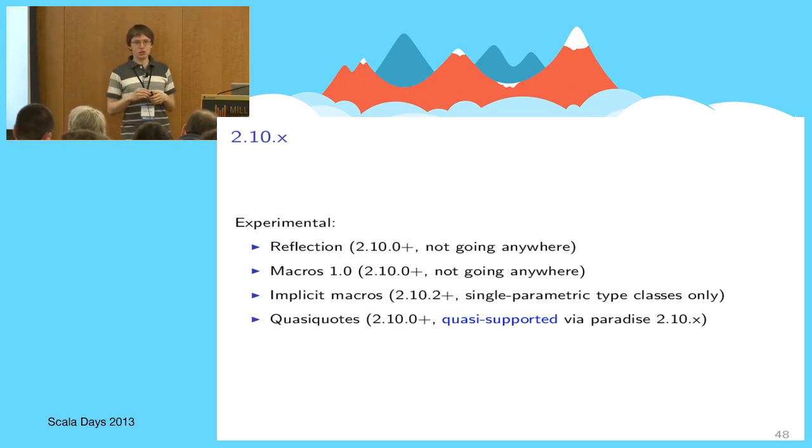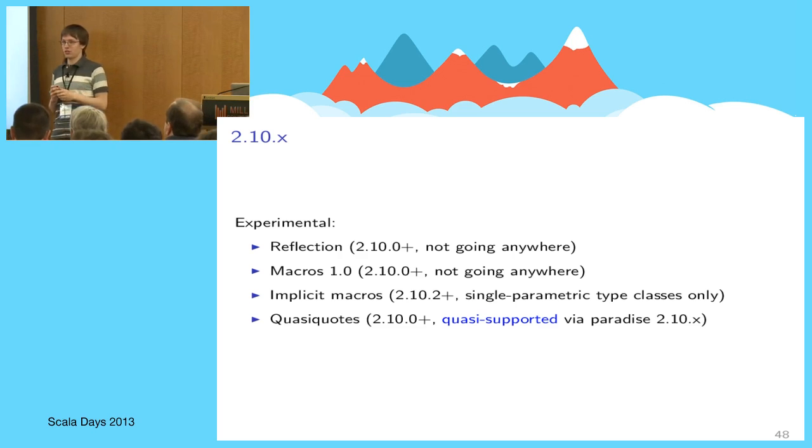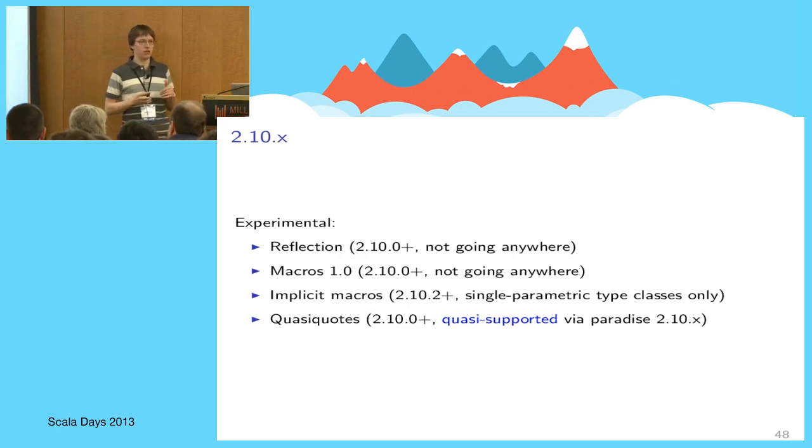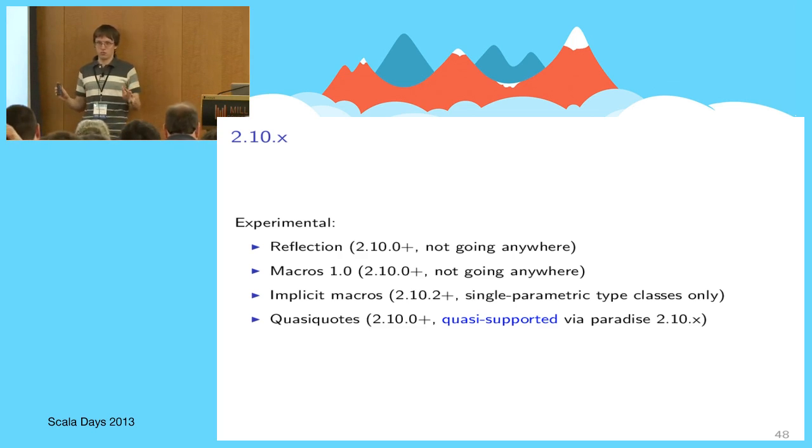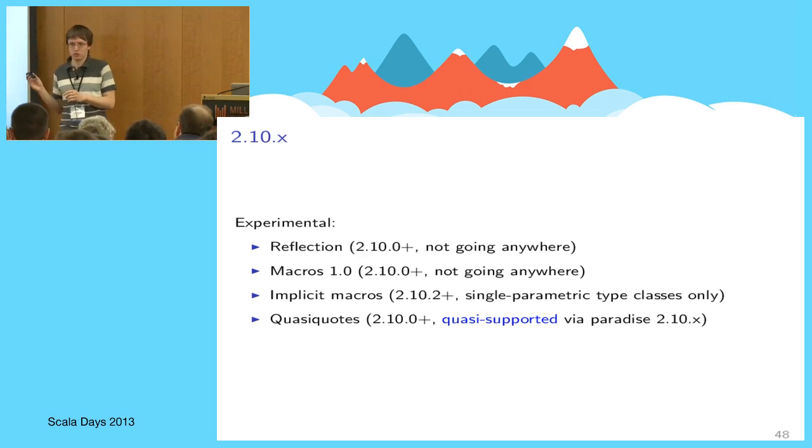And also, speaking of quasiquotes, there's a technique to enable them in 2.10. So if you have been writing big complex macros for which Reify doesn't really work, you will probably be glad to hear that. Please ask me for details if you're interested, and I will gladly tell how it works. So the bottom line is that you can really use quasiquotes in your 2.10 macros, and then you can use your macros with the Scala compiler 2.10.2. So you don't have to use macro paradise or whatever.